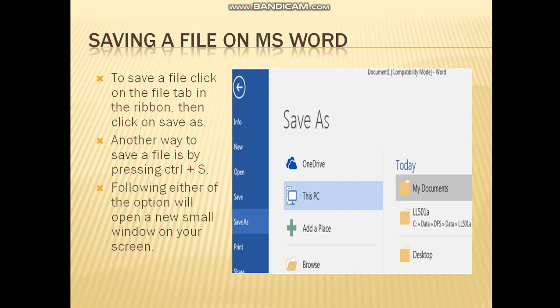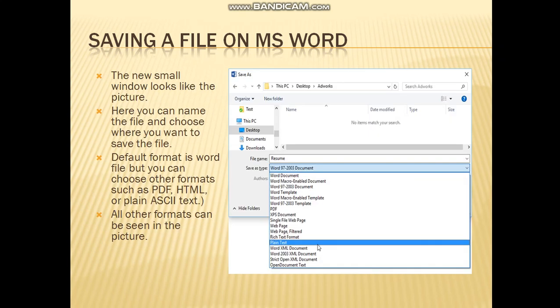A new small window will appear on your screen. The new small window looks like this picture you are seeing on your screens now. Here you can type what will be the name of your file, and you can choose which format you want to save your file in.